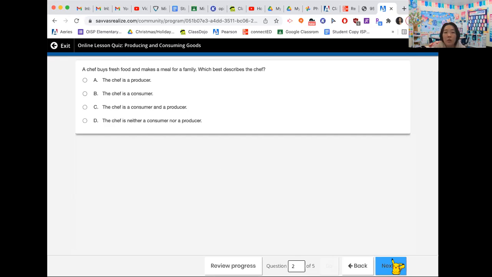The chef is neither a consumer or... So, okay, someone says that they think the chef is neither a consumer nor a producer. Anybody else? It's C. Okay, so some people are saying the chef is a consumer. They're consuming an item, they're buying an item, and they're a producer. They're creating or growing or building or making an item. So go ahead and put what you think the chef is. I see a lot more C's in the chat. The chef is a consumer and a producer, so that's what I'm going to go with. And we'll go over all the answers after the test.